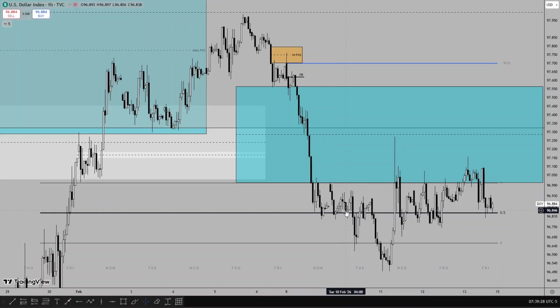Which on Tuesday, I took advantage of the sell. Now, I don't trade the dollar index. I use currencies correlated with the dollar index, which I've talked about many times in this lecture. The major currency pairs I take trades on are EUR/USD, GBP/USD, and USD/JPY. So in USD/JPY, I took a sell, anticipating price to fill the daily fair value gap. If there's going to be lower prices, I want to see a fill on that daily fair value gap.